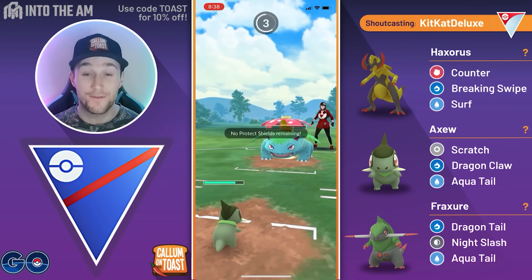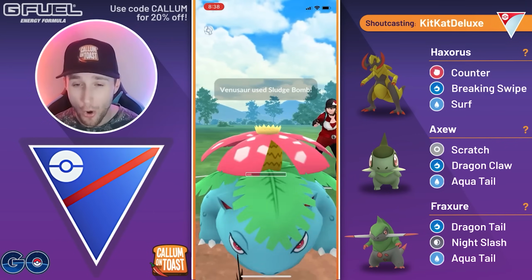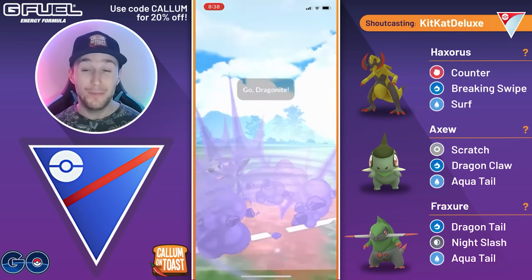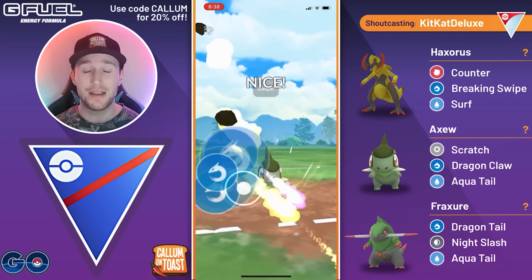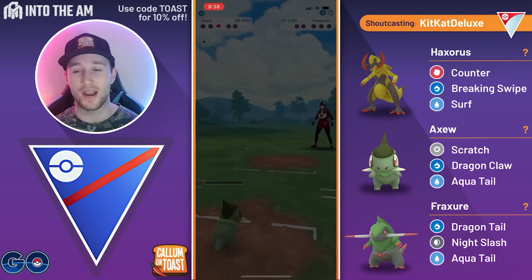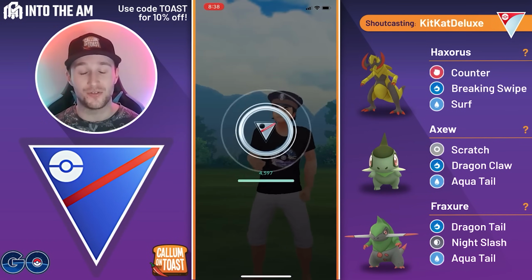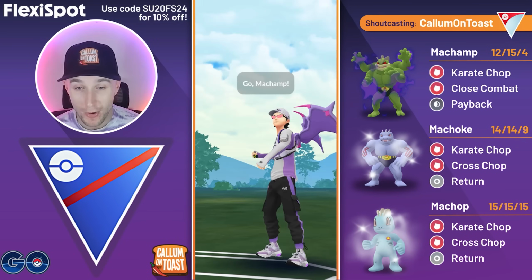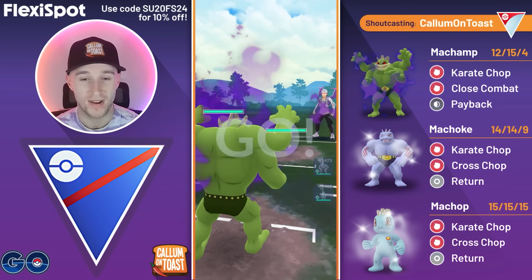We're running Scratch as a fast move, which is an absolutely awful fast move, but it deals a lot of damage. We get the fast move farm down. We weren't even at the Dragon Claw yet, but because they're running Dragon Tail as the fast move, we get off 1 more Scratch, fire off the Dragon Claw, and we're able to take out the Dragonite with an Axew. So pretty insane first battle to try and throw the charge move there, which is very frustrating, but GG's to